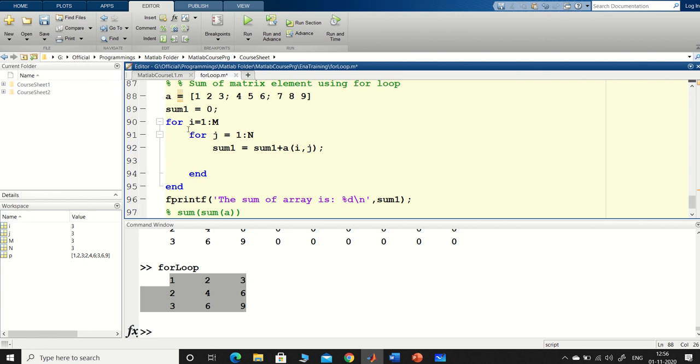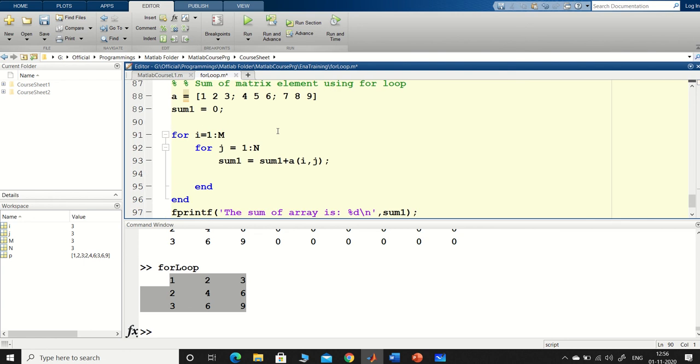Then I am going to do for i is equal to 1 to m, j is equal to 1 to n. Basically m and n are the size of the matrix: m comma n is equal to size of A. So the size of A will be stored in the m and n variables, and now it will go row wise, and for each row each column will be added.